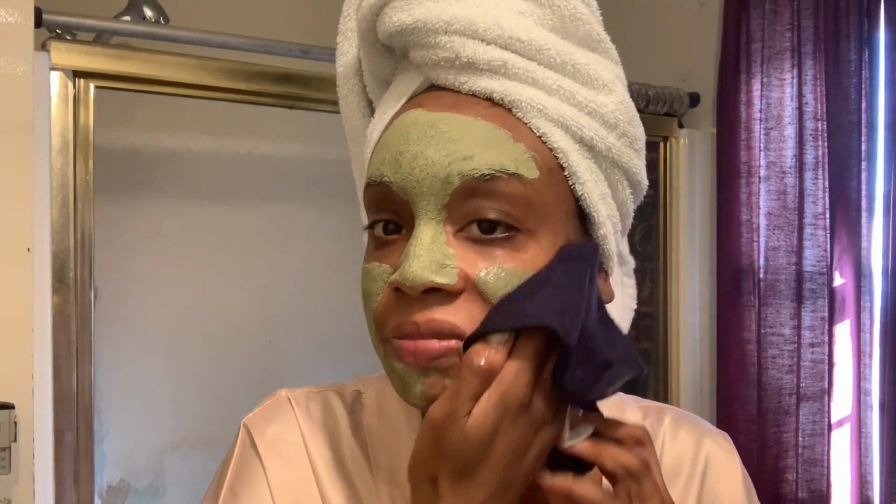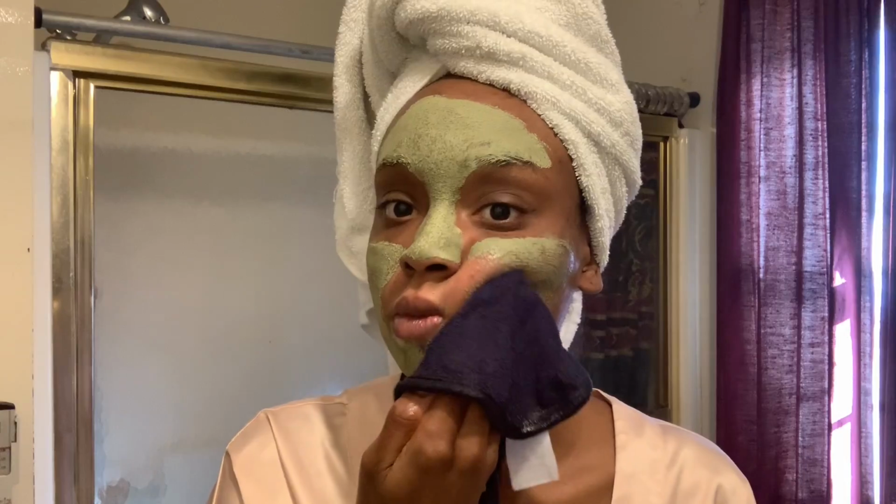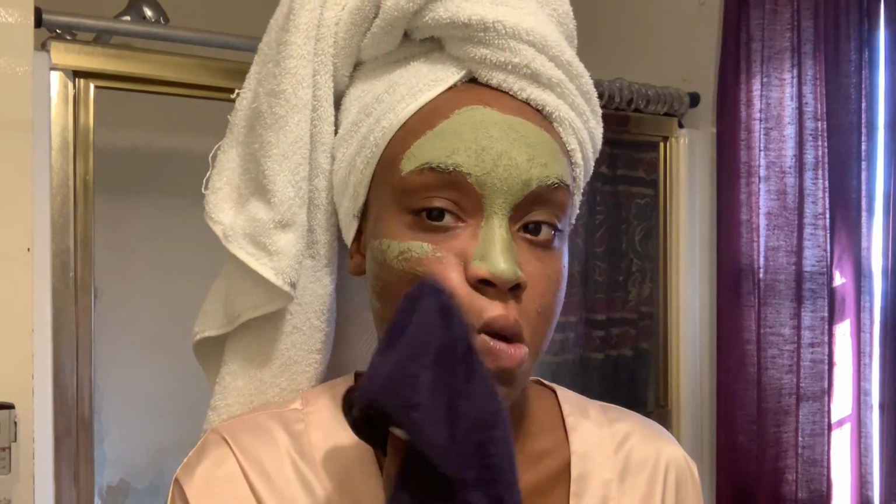Okay, so now it's time to rinse this mask off. I'm just gonna take one of Leilani's towels and take the mask off. I use warm water to take this off. So my skin feels really smooth. I had a couple of whiteheads on my forehead that have just disappeared. Actually, it doesn't feel super dry, like it needs moisture, but I'm gonna put moisturizer on anyway because that's what